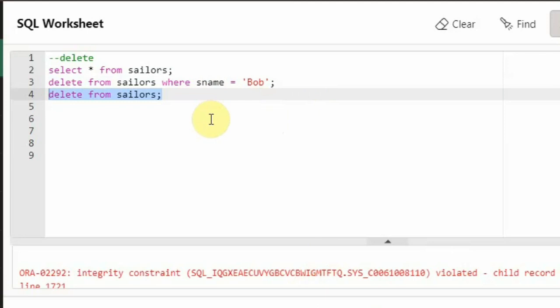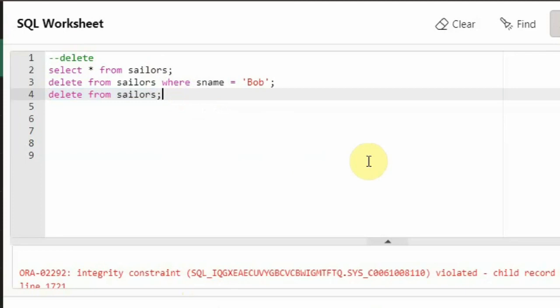They have reserved some boats and their entry is there in the reserves table. That's why, if you want to delete the entries in the sailors table, it is restricting you. Okay, fine. But this is the command you can use to delete all the rows from the sailors table.